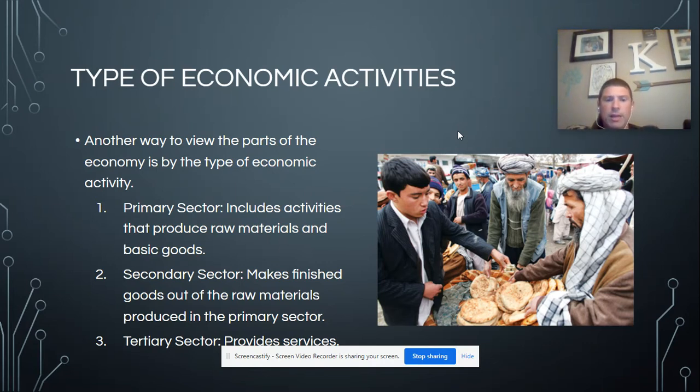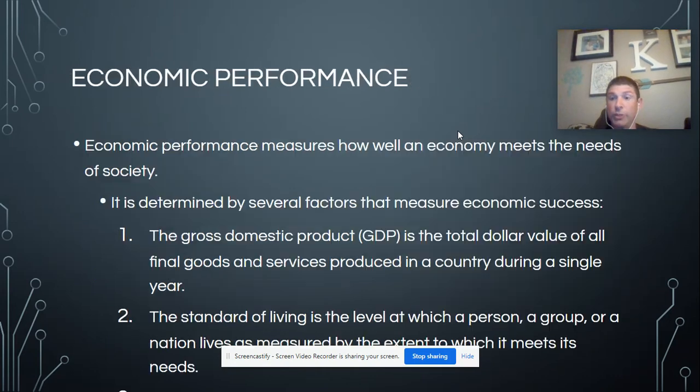Tertiary sectors are going to be providing services. An example of that would be Verizon and AT&T, right? They're providing a service. It is a good, I guess. They provide you with phones and things like that, but they're providing a service. And a lot of the jobs that exist today are in this service industry. If you're a web developer, you're providing a service. It is creating a product, but very different from the products of long ago where everything came out of a factory. Much of what's created today is more digital in nature, and so it is more of a service.